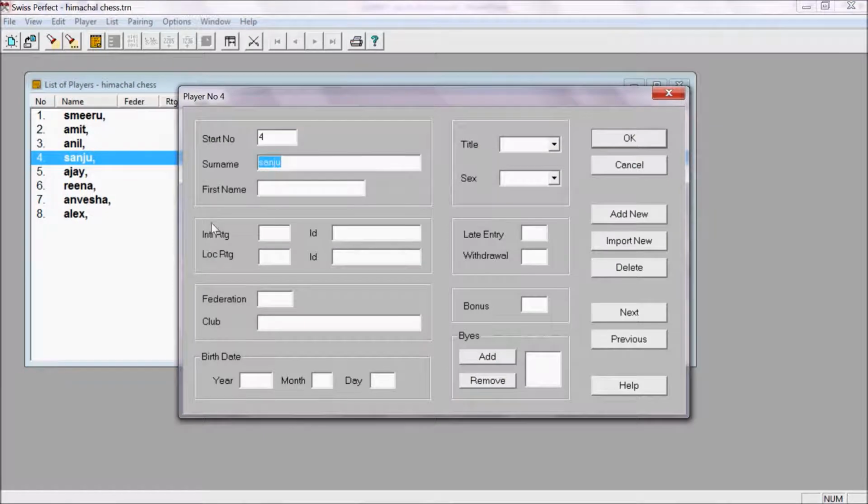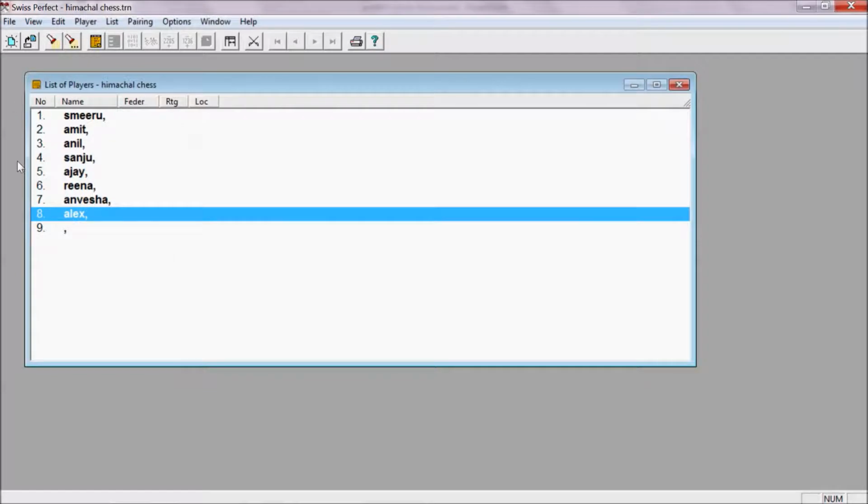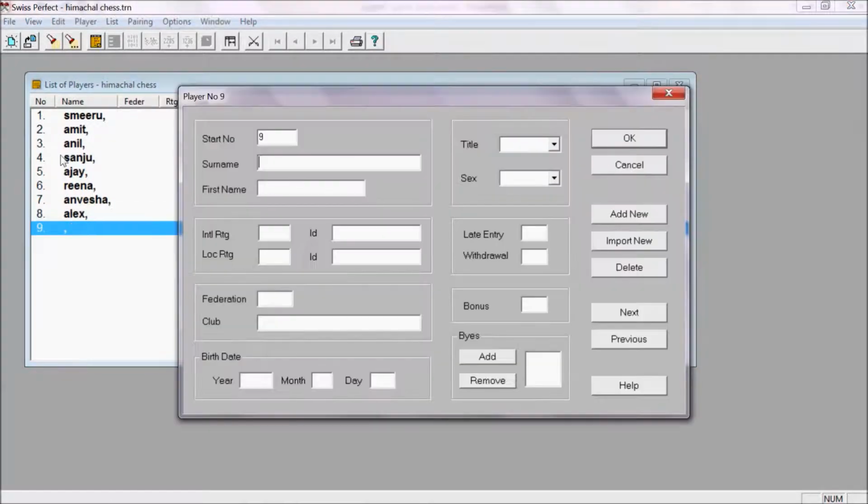I will show its importance, why it is important actually. Sometimes it happens that the ninth is, for example, Sunil.